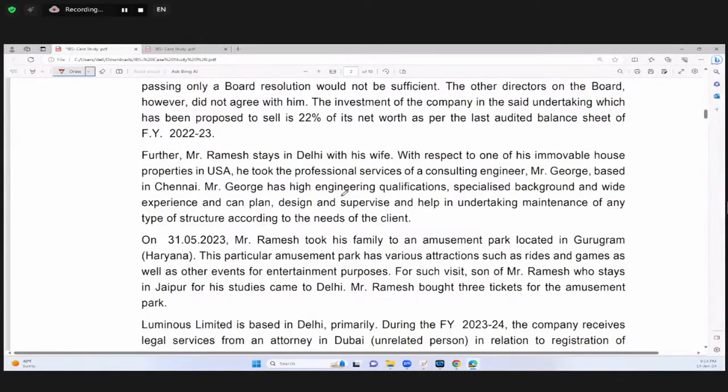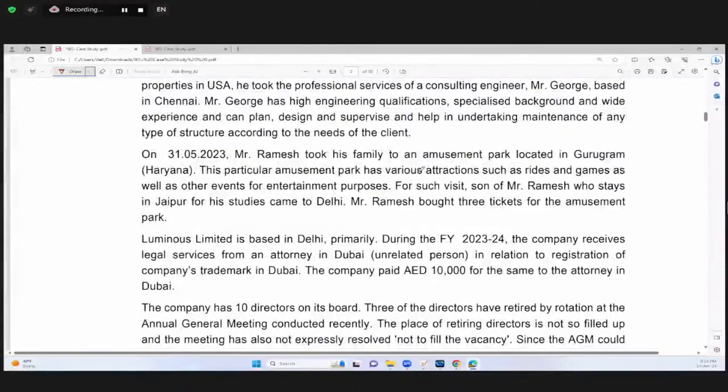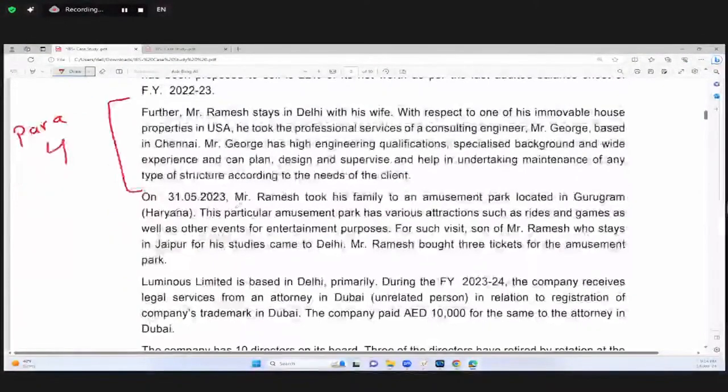तो स्टूडेंट्स ये सारे इसके फैक्ट्स क्वेश्चन में दिए, आप देखेंगे क्वेश्चन क्या आता है। अभी तो ये फैक्ट्स हैं स्टूडेंट्स, and question seems to be in respect of GST। On 31st May 23 Mr. Ramesh took out his family to an amusement park located in Gurugram, Haryana। दिस पर्टिकुलर, इसको मैं पैरा 4 दे देता हूं नाम। देखा मैडम, इसको आप पैरा 4 दे दो। ये जो हाउस प्रॉपर्टी से रिलेटेड पैरा, इसको मैंने पैरा 4 दे दिया फॉर द कन्वीनियंस। On 31st May 23 Mr. Ramesh took his family to